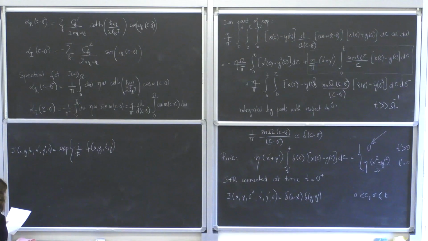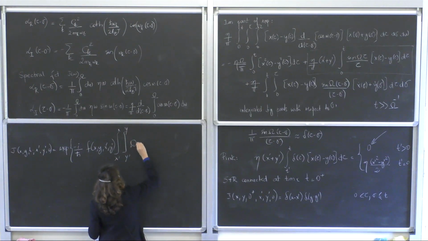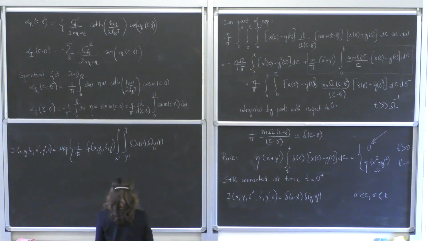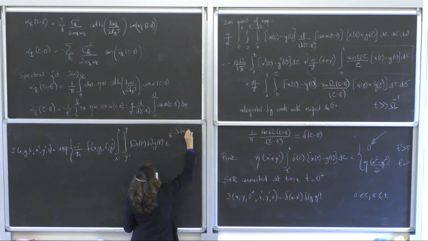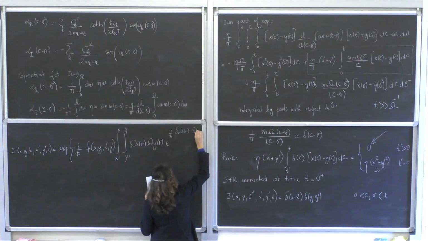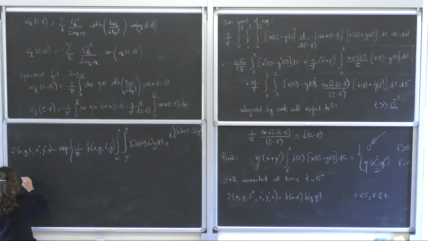These are the initial and the final positions of the particle, times the path integral for the particle from x prime to x, from y prime to y, dx prime, dy prime, e to i over h bar S0 of x minus S0 of y of t prime. And then we have exponential of i over h bar